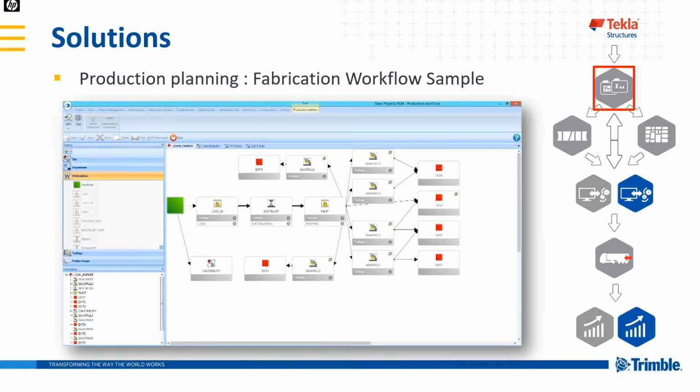So here's a sample fabrication workflow of a starting point to multiple different machines, different sites, so we can have material coming in to then be checked, kitted, shot blasted, then routed to any bit of material itself, then to go on to sort of a galvanizer or another shop within the organization. Or if you plan all of your production and you have multiple shops, you plan it in one, you can then dispatch sort of a fabrication job and send part of the job to one workshop, part of a job to another workshop. This sort of advanced fabrication workflow